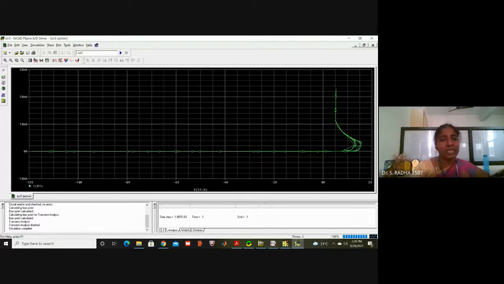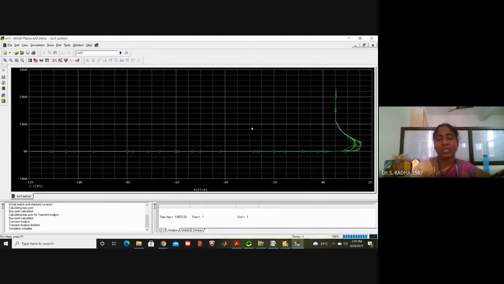You can see the x-axis is minus 12 to plus 2. I will change it from minus 2 to plus 2. Up from minus 12, okay, it is a horizontal line. I don't want all this. The behavior is already clear. So I will take only minus 2 to plus 2 for clear visibility of the graph.